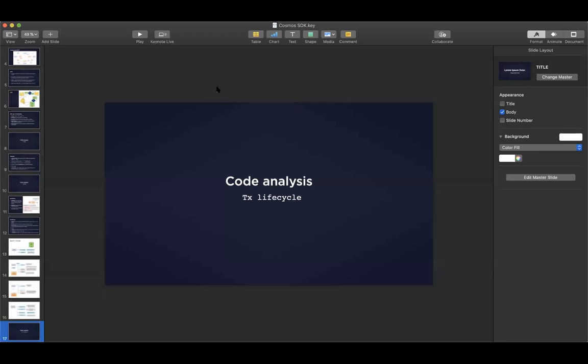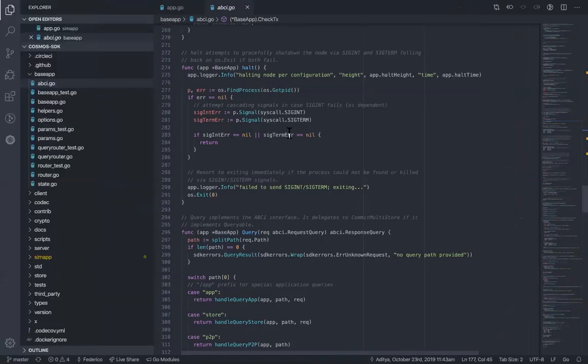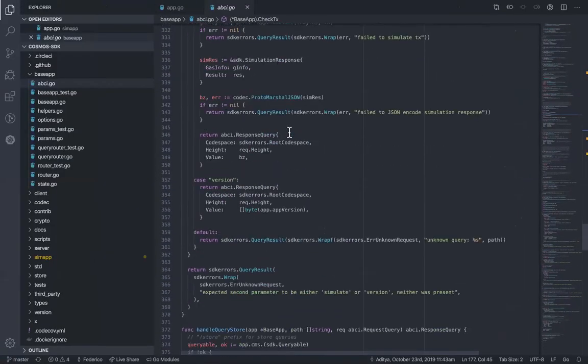I'll be quick with this code analysis because it's one of the most important parts of the BaseApp. But there are so many messages that I want to just